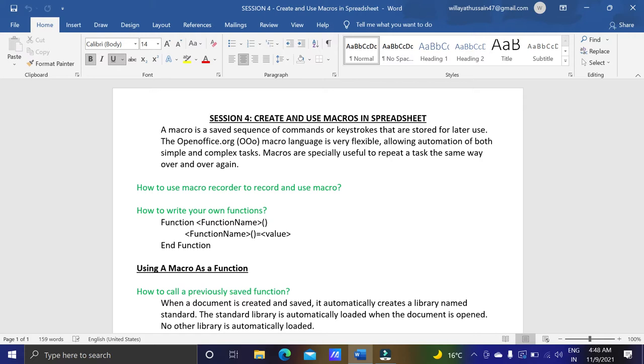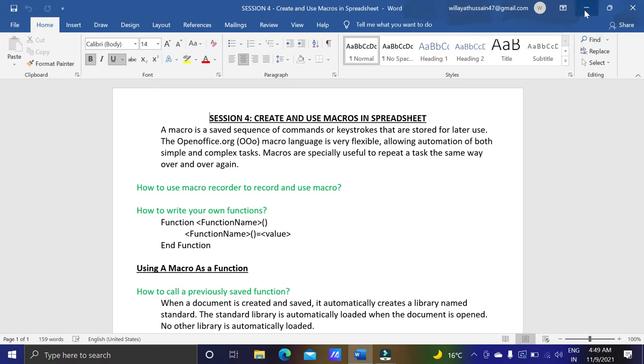In this session we are going to study simple tasks, but you can do complex tasks also. Macros are very useful when you have to repeat a task in the same way again and again.